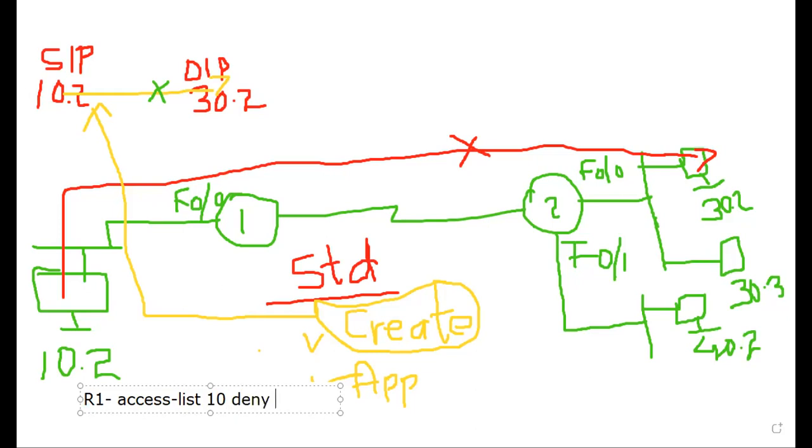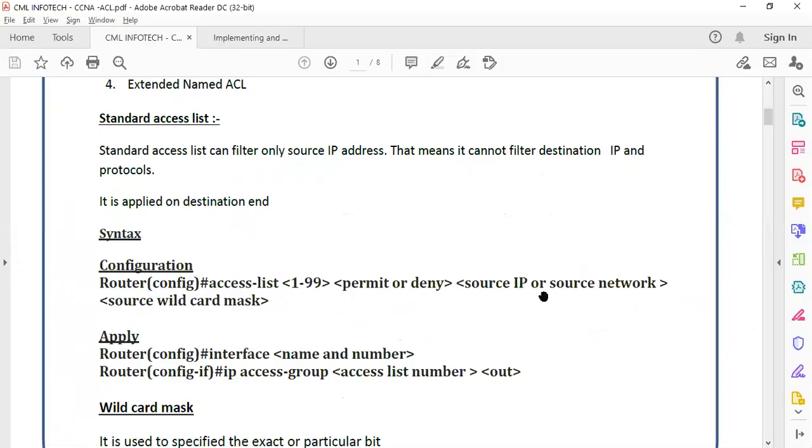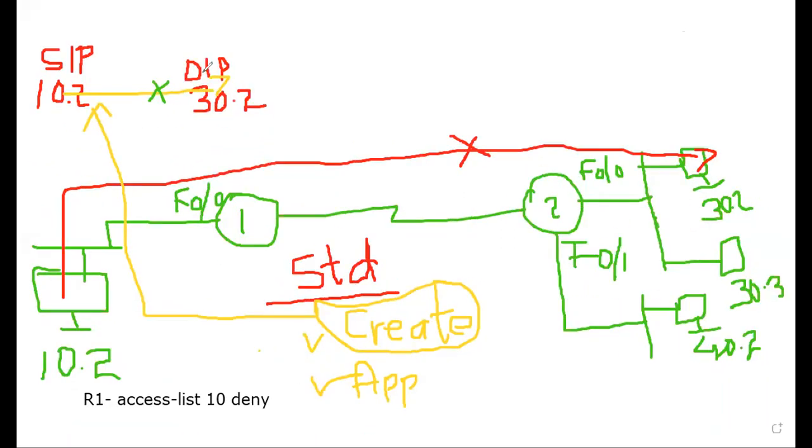The statement says deny. Then 10.2 means, the statement says source IP or source network. So I need a specific source IP. So let's say my source IP, access list 10 deny 192.168.10.2.